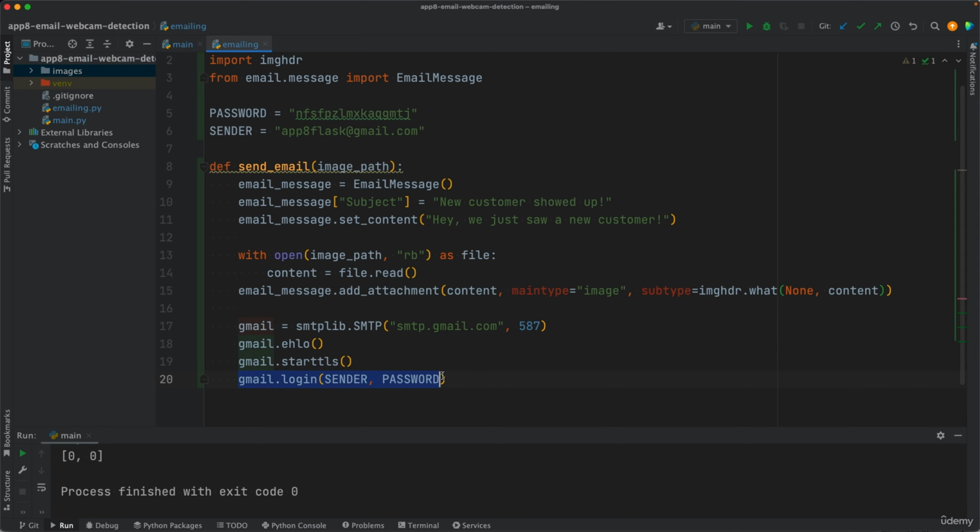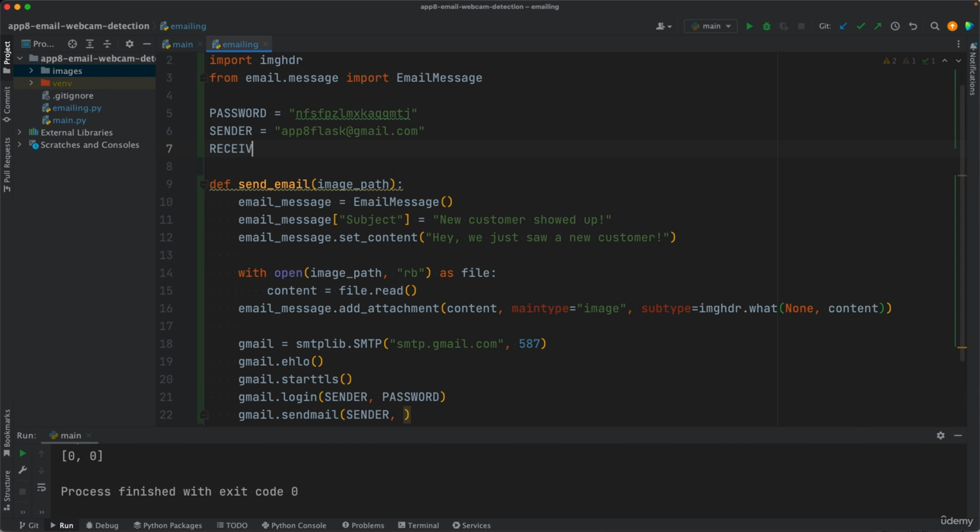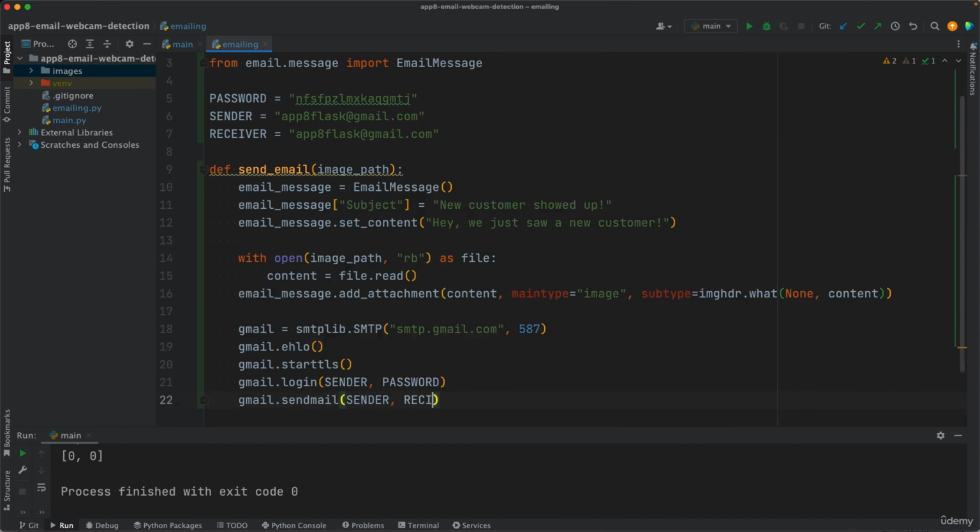So once you log in to your Gmail account using that app password which we created in the beginning of the video, then you say gmail.sendmail. The sender should also be supplied in here, and then the receiver. So let's create a receiver. Here you can write a different email account, whatever it is. It doesn't have to be Gmail, but for convenience I just have the same email address that I use for the sender, which is fine. So the sender, the receiver,